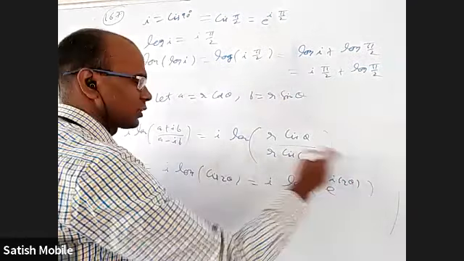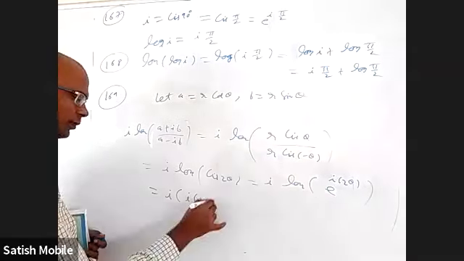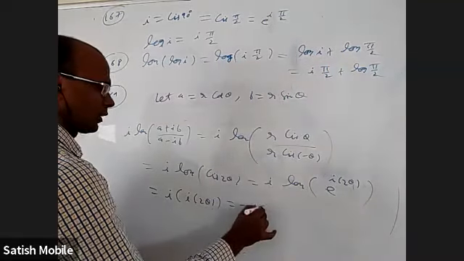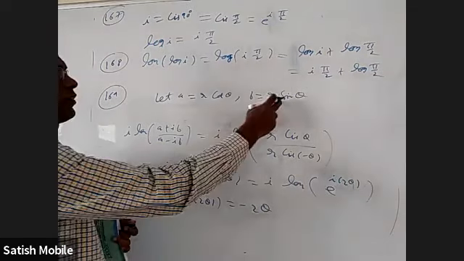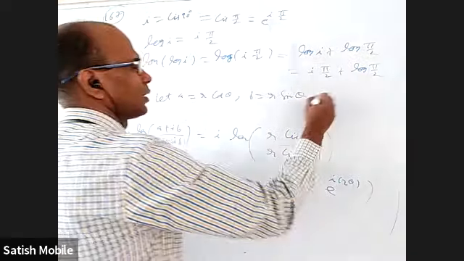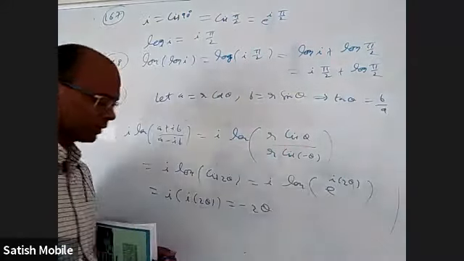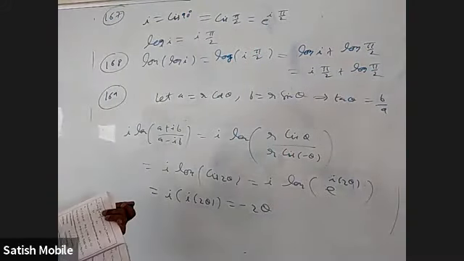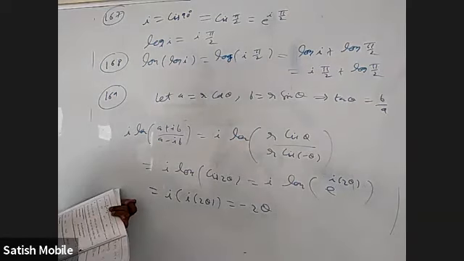This i into 2 theta can come out. It is i into 2 theta, which is minus 2 theta, i square. And what is theta when you divide these two? Tan theta is b by a, and theta is tan inverse b by a. So it is minus 2 tan inverse b by a.